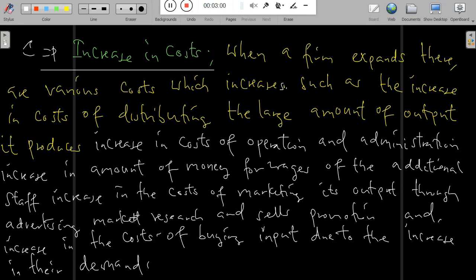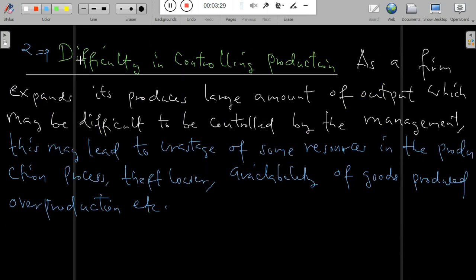Another disadvantage, apart from increase in cost, that a firm experiences whenever they expand the scale of production, is difficulty in controlling production. As a firm expands, it produces a large amount of output, which may be difficult to be controlled by the management. This may lead to wastage of some resources in the production process, theft or lower availability of goods produced, together with maybe overproduction and so forth. So when a firm expands the scale of production, it may enter into a problem of controlling that particular production, because you'll be having many staff, many resources,